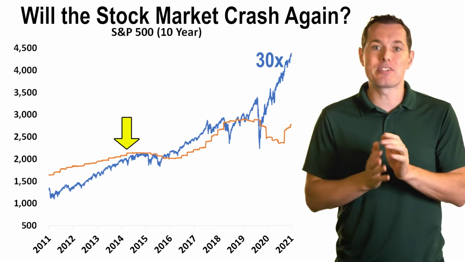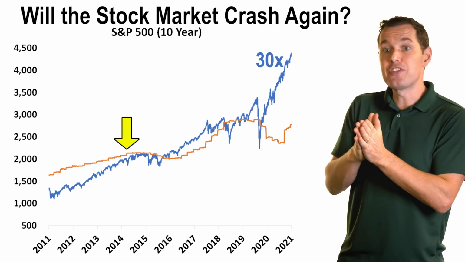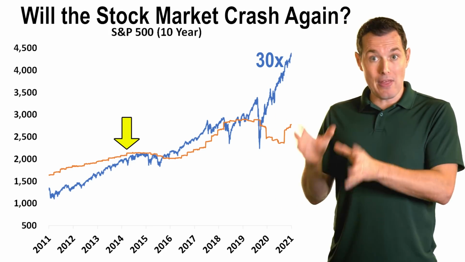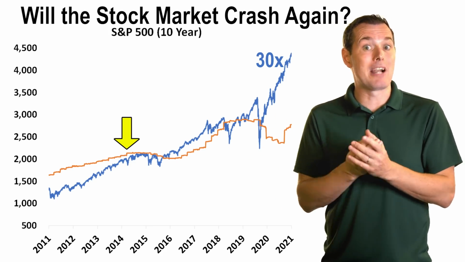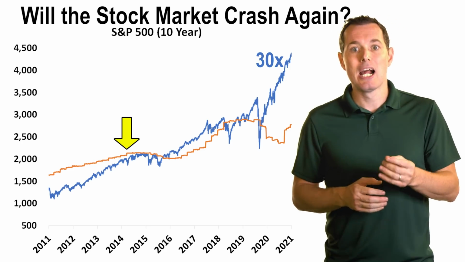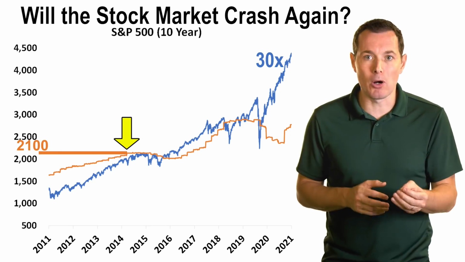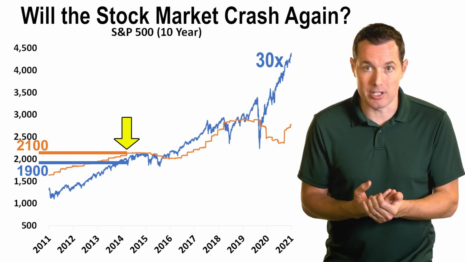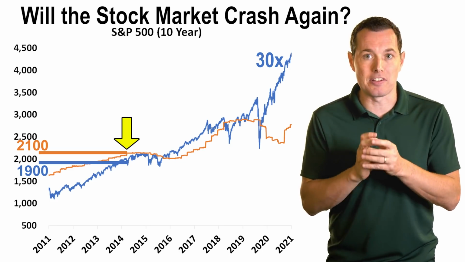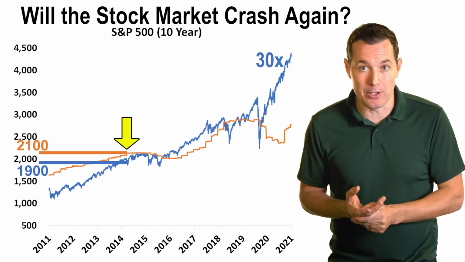So let's take this point in time right here and say, okay, based on the earnings per share, if you take the 12 months of earnings per share before that, and then we multiply that by 19 to represent our 19x, which is the long-term average, well, the stock market should have been trading at around 2100. Instead, at that time, the stock market was trading at about 1900. So if we believe that 19x is the right multiple for the fair value of the stock market, well then at that time, the stock market was undervalued.